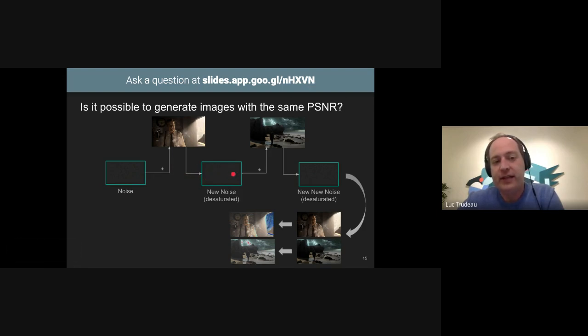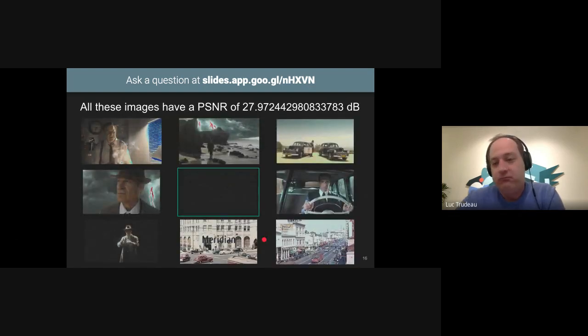Then I take that noise pattern, inject it into the next image, and do that clipping game again to make sure that I don't saturate any pixels. And then what I do with that final noise is apply it to both of these images, and I'll get exactly the same PSNR score. Because we've talked about this, it's just the distance between the two surfaces. It's that volume, and I've created the same volume just starting from two different places. So you could do that as many times as you want. I did it 8 times here.